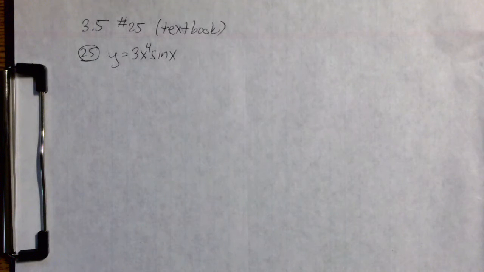This is an example from section 3.5, which is a section where we learn about derivatives of trigonometric functions. And certainly this one example is not enough to cover all of the variety of rules that we see in that section. But I wanted to go through this one just to show you how